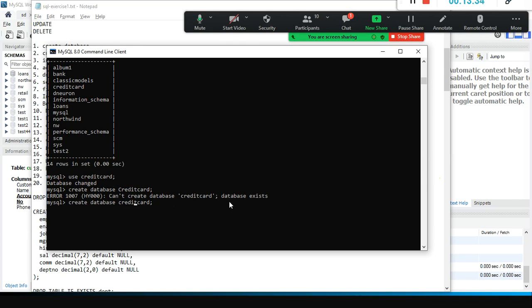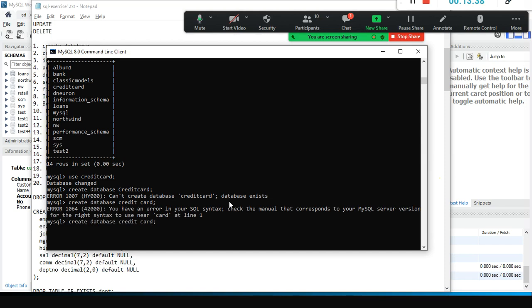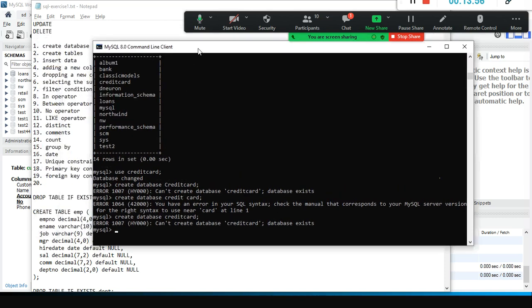That is the problem. See, don't leave space and all. If you leave space, it will throw an error, no? It will not allow you. That's why strictly follow whatever I say. If I don't leave space, don't leave. First understand, and then you try with the various combinations.